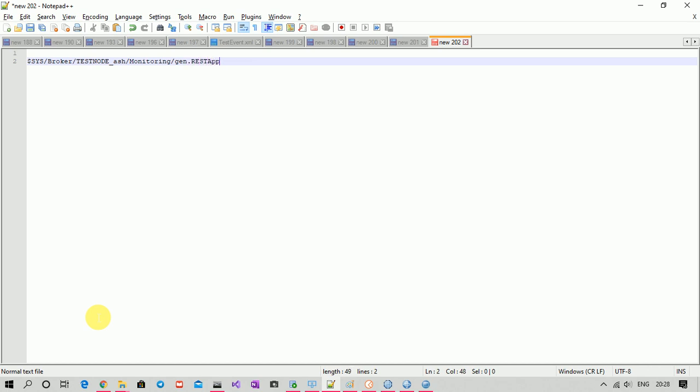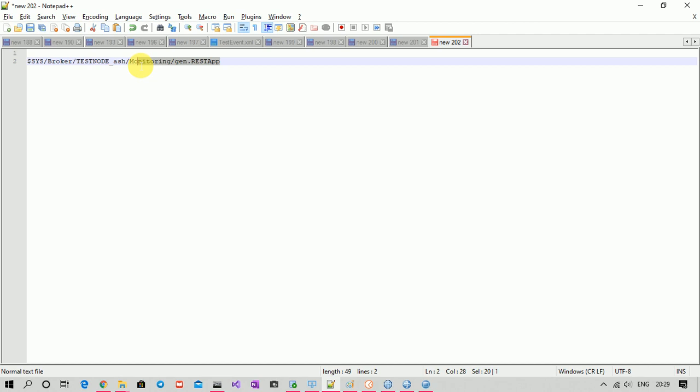Okay, so if we subscribe to this topic, then that particular event message which will be emitted by a particular node, we can receive that message on a queue, and once it is received on a queue, we can do anything with that message. We can insert the details into a database, or we can do some other activity to achieve the monitoring, right?